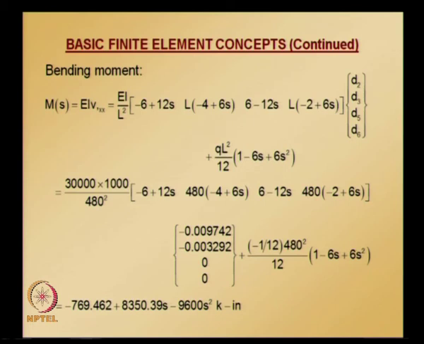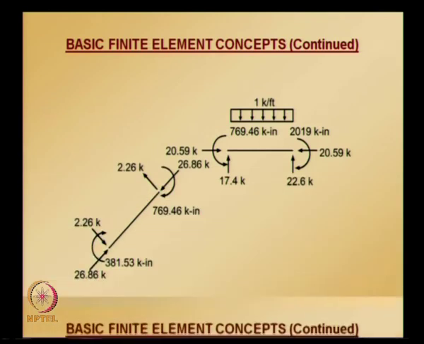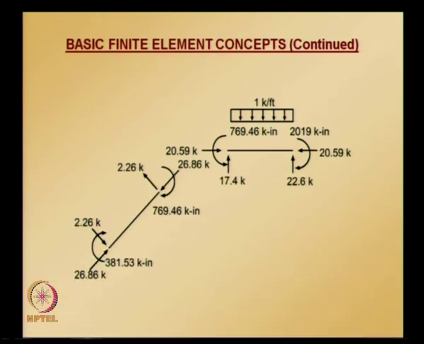And using these values, we can draw free body diagram of each of these elements and see whether each element is in equilibrium or not. And these are the bending moments at the ends, and this is the free body diagram of both elements. The forces at element ends are shown in the free body diagram, and it can be easily noted that these forces are in equilibrium, except that small round off errors may be there because of missing some significant digits, and you can see each element in itself is in equilibrium, hence the structure is in equilibrium.